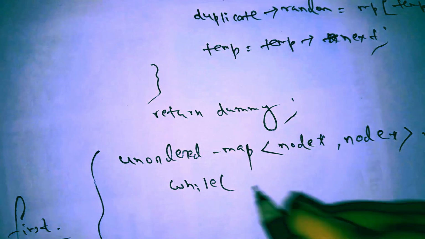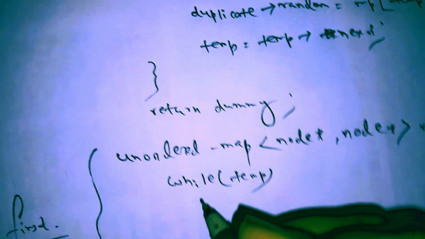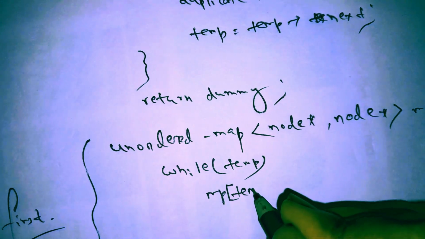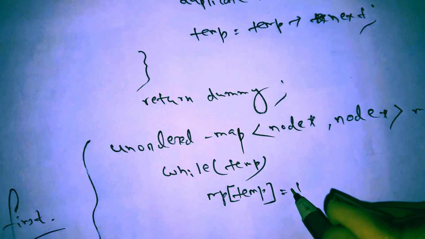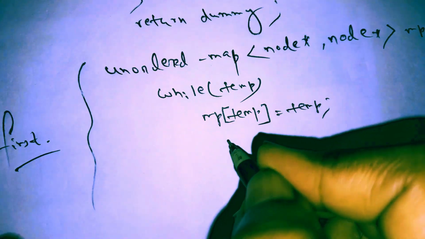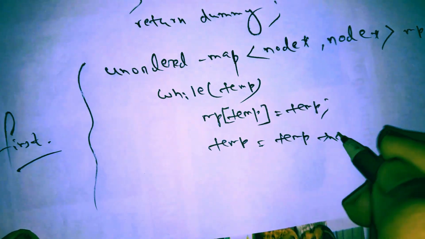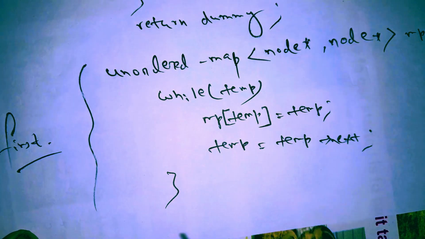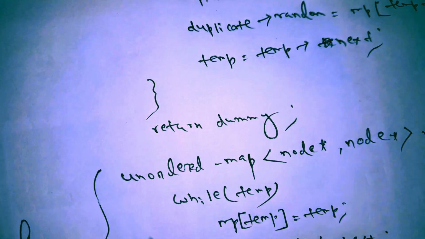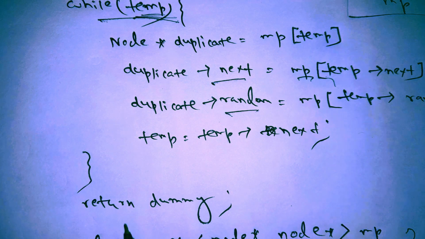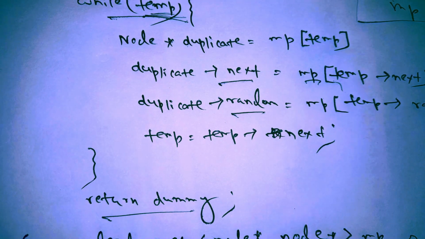Okay, while temp, what I will do, I will store it into the map. Okay, and my temp will become each and every temp, and my while loop ends. I will iterate through the list by this part of code. I have created my map, where I have memorized the nodes, and then I will return the dummy node. Okay, hope you have understood this code,